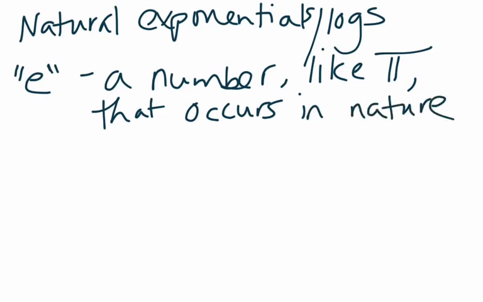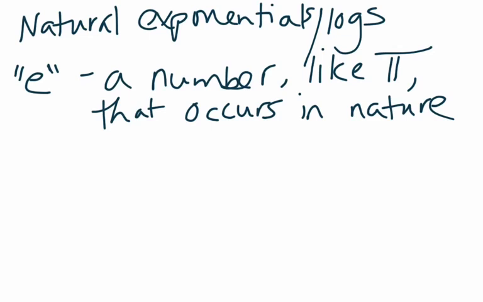And so you're familiar with other numbers that occur in nature. The number pi is derived by looking at the circumference and the diameter of a circle. And it happens that with any circle ever, if you measure the circumference of the circle and you measure the diameter of the circle and you take the ratio, it's always the same. And then that number turns up in pretty much anything that has to do with circles. e is a similar number. It's a number that occurs from doing a particular process,